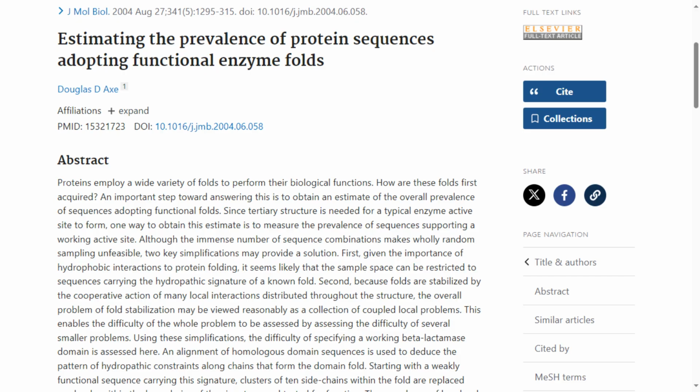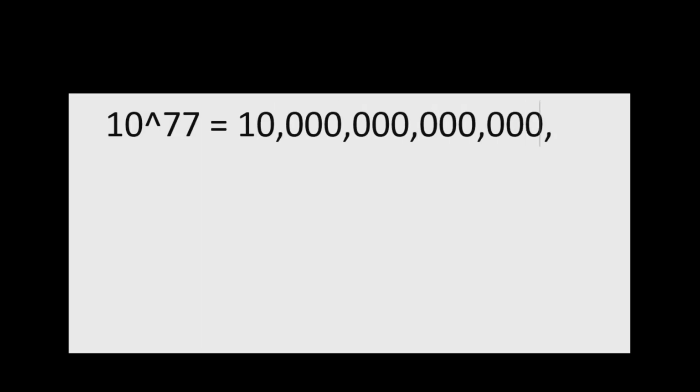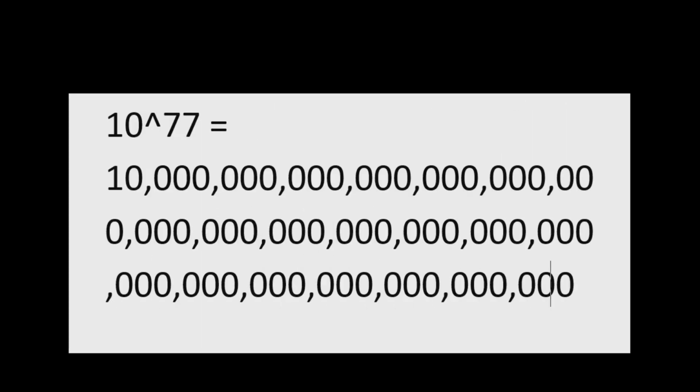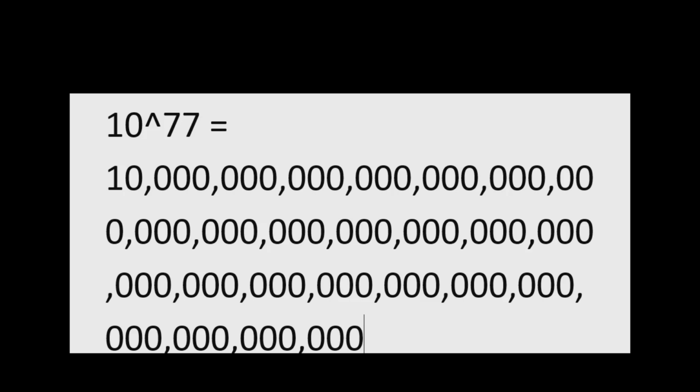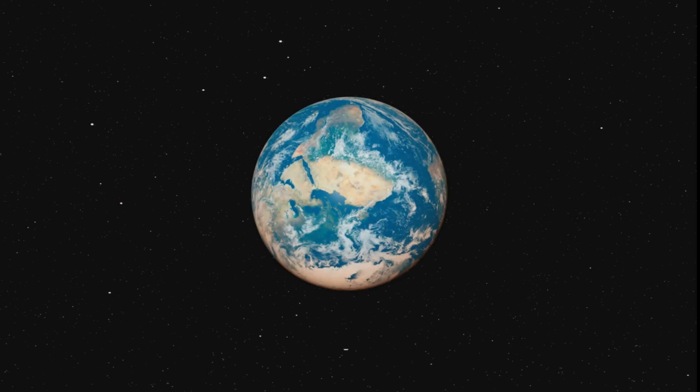Well, it isn't, because we also know from recent research that protein folds are incredibly rare, on the order of 1 fold for every 10 to the 77 non-folds for amino acid sequences of length 150, which is a relatively short sequence of amino acids. Numbers like 10 to the 77 are almost impossible to imagine, so for reference, it might help to know that the Earth is estimated to be made of 10 to the 50 atoms.